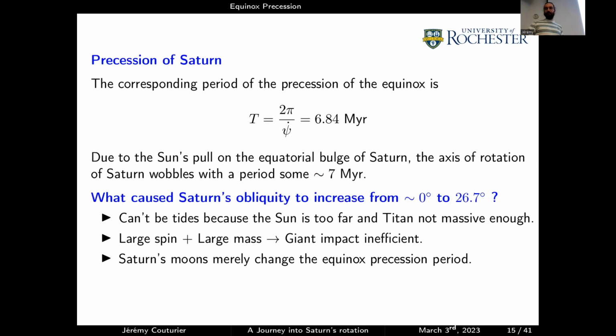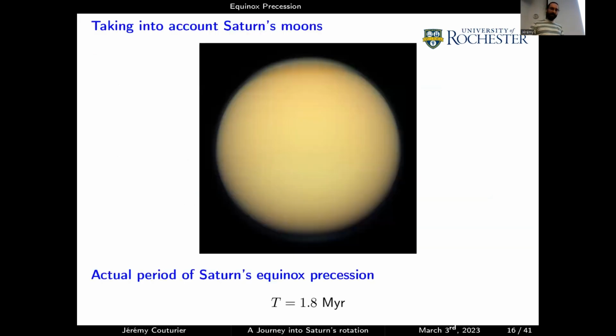So actually, I said the period was several million years, but if you take into account the fact that Saturn has a moon, which is Titan, Titan is orbiting around Saturn, and as far as the sun is concerned, it's as if